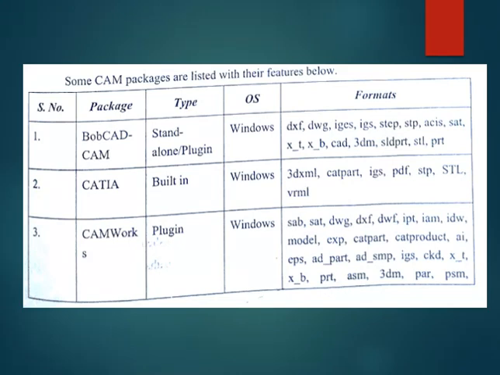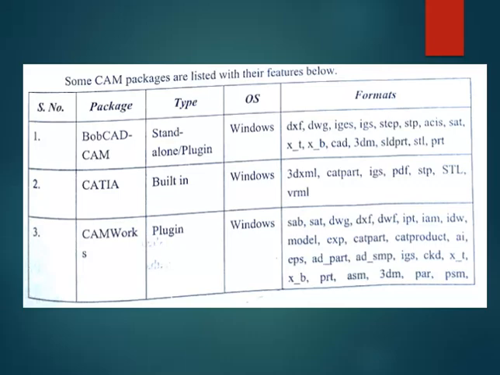An example of standalone software is Mastercam. And plugin means your CAD software is used only for design. There are no manufacturing or CAM options. Take SolidWorks as an example. In SolidWorks there is no CAM software, so we install CAMWorks, and it is a common plugin type. So CAMWorks is plugin software.